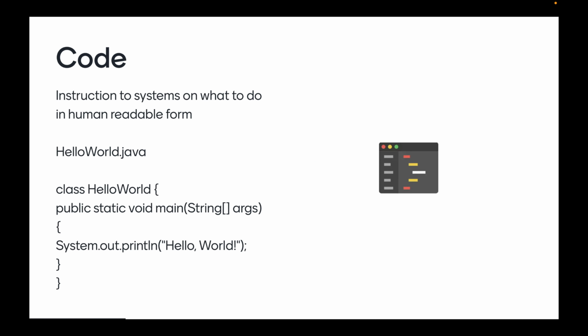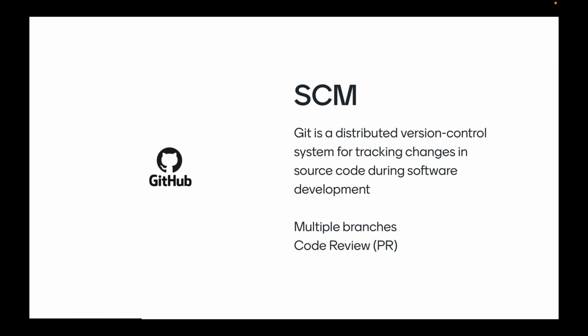So this is the first stage of the software lifecycle, where we write code based on the requirements of the business in a human readable form using the syntax of a programming language. Here you can see a snippet which prints hello world to the system output, written in the Java language. If you are the only developer on a project, it would be okay to keep the code on your own machine and make changes when needed.